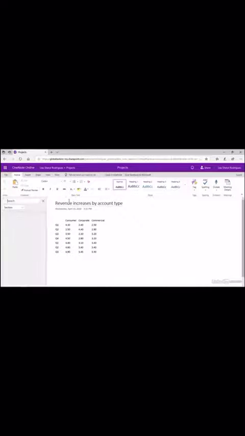There's a couple of ways that you can access the search tool. If you have the section and page panels in view, just at the top of these where it says the name of the notebook, to the right of that is the magnifying glass, and this will expand the search panel. So it hides from view the section and the page panels, and now in place of that, we have a